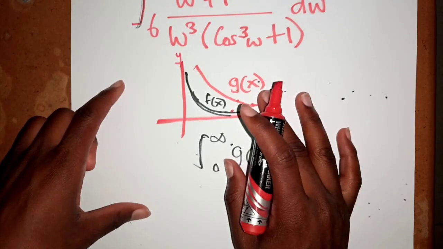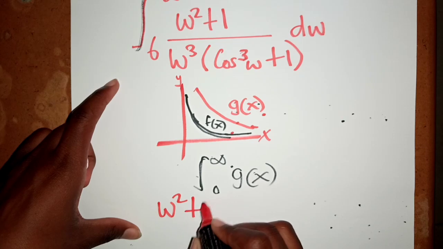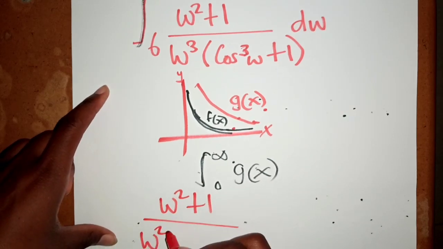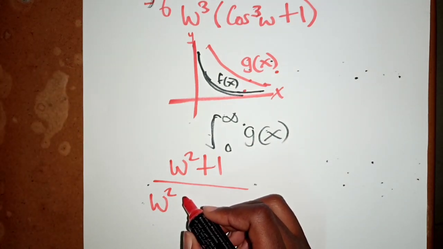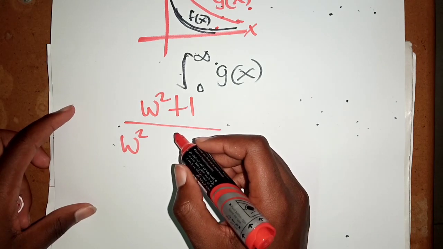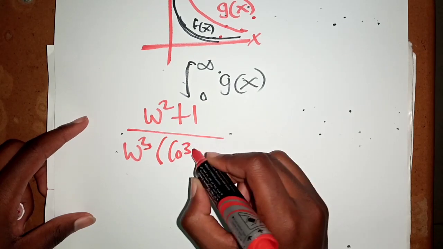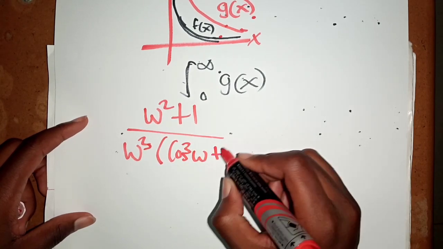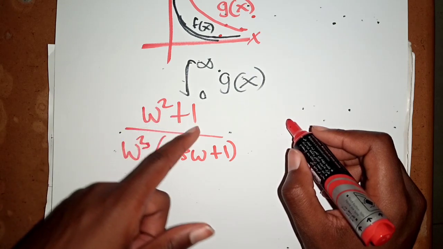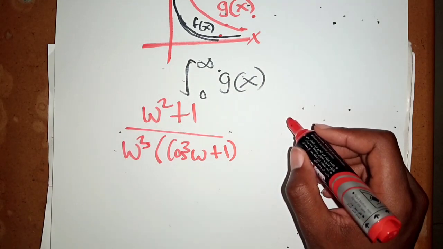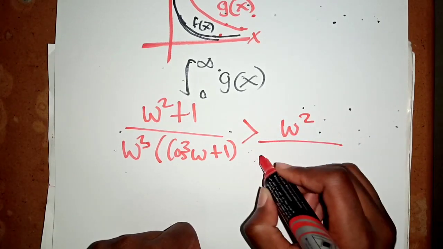So now we're going to do a comparison test. We're going to get this one: w plus 1 over w squared, w to the power 3, cosine to the power 3 w, plus 1. Well, for all values of w greater than 1, this function would definitely be greater than w to the power 2 over w to the power 3